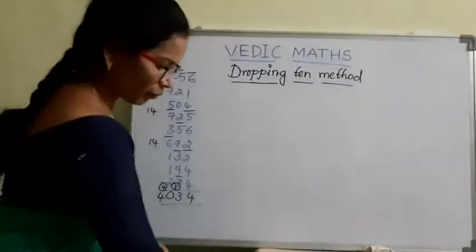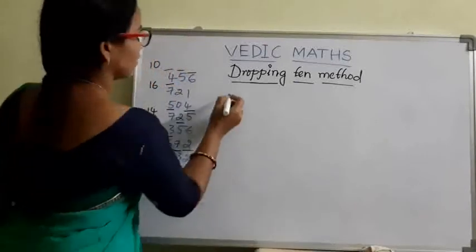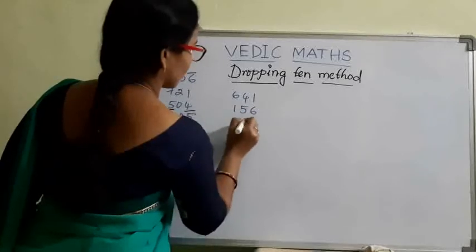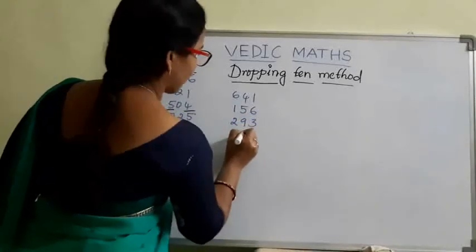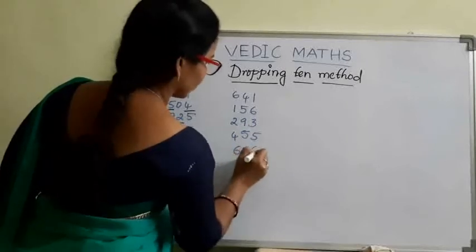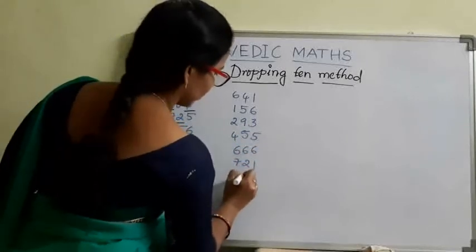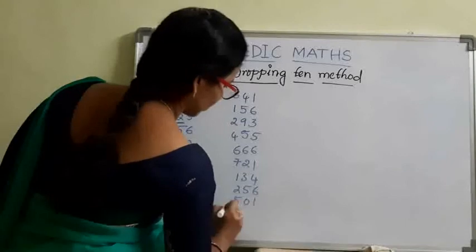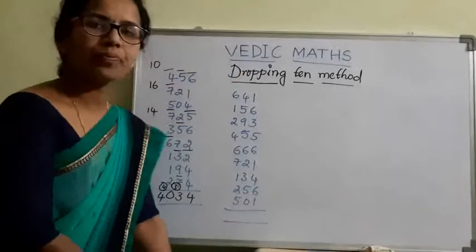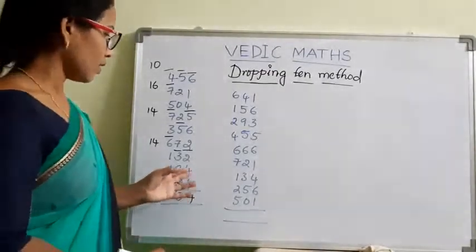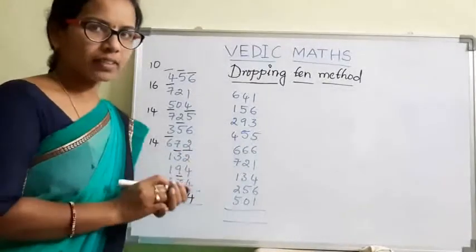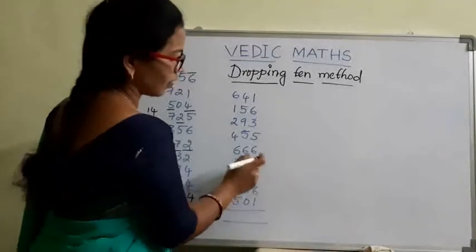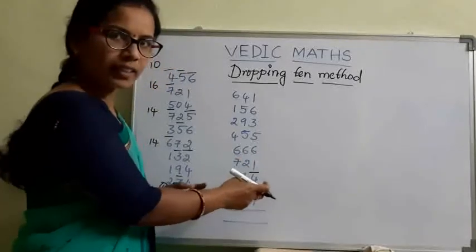Yes, I am going to take one more example. Here I'm going to do it a little bit fast. Okay, follow. Yes, 6 plus 1, 7. 7 plus 4, 11. Next, carry 1 here. I'm not going to write the side numbers here.